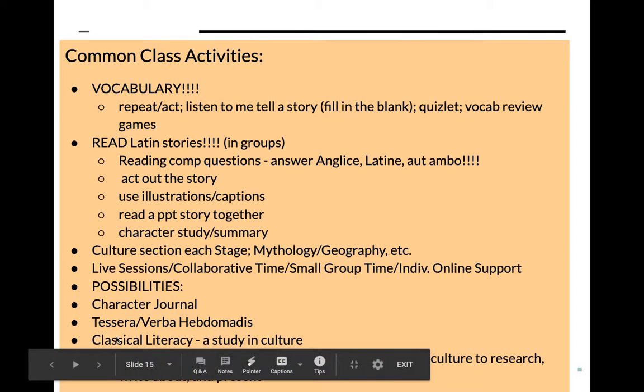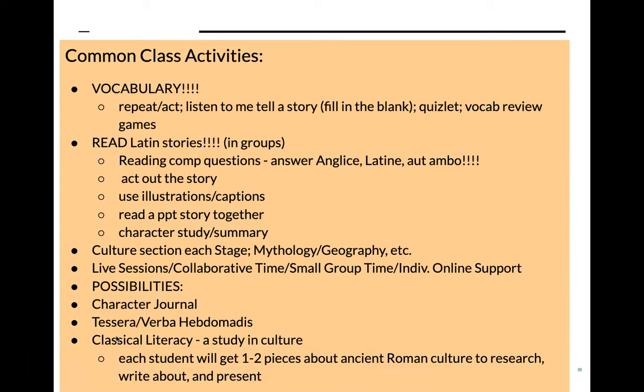I'm not sure if we'll do classical literacy or not. Tessera, that's something that I might still do. That was basically the password to get into the classroom. So every week we would get a new one, and it could be a classroom phrase, or a common Latin phrase like veni, vidi, vici, carpe diem, just so that we can learn it and use it. So probably if we do that during our live session days, I'll have us say it and talk about it a little bit. So we'll see, everything's going to be a little whatever.